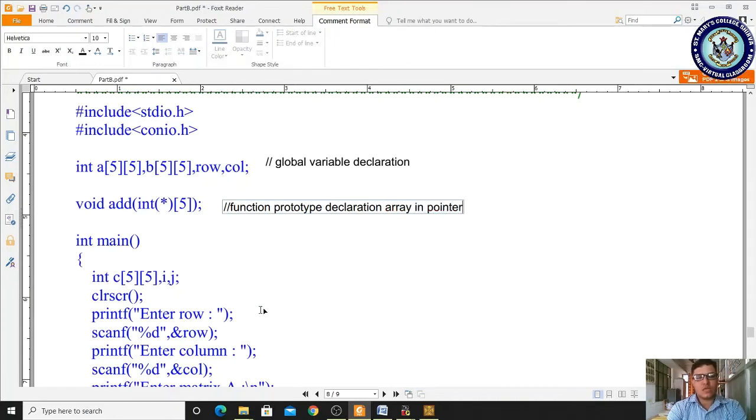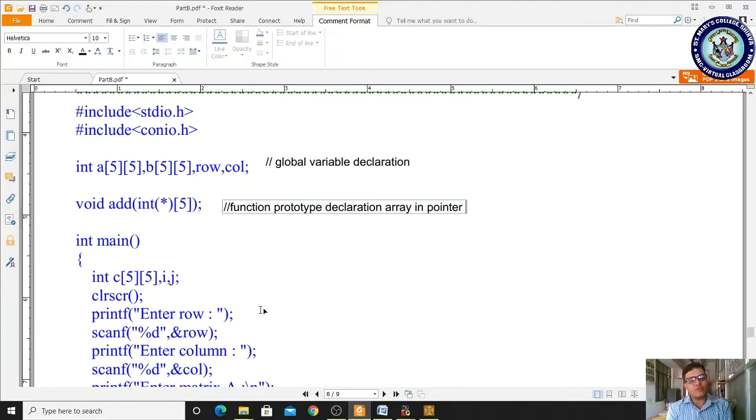Star indicates a one dimensional array, and if you specify one subscript, it is automatically a two dimensional array. So int star means it is a one dimensional array, and when one subscript is included, it is automatically a two dimensional array pointer declaration, and this is the function prototype declaration.